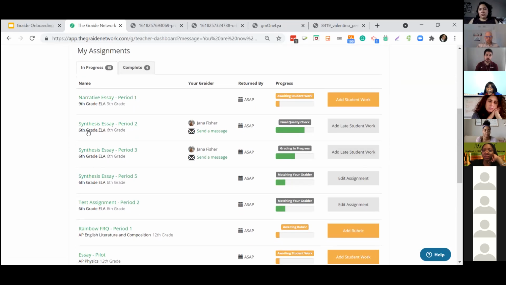So, let's say that you did an essay with us, you'd be able to see that Jana is your grader. If you need to, you can message her. Sometimes things come up, you had 10 kids who didn't turn it in yet, and you want Jana to know that those 10 are coming in another couple of days. That could be something you could message her. The nice thing is with Google Classroom, as long as the kids turn it into Google Classroom, if Jana were still working on the assignment, she'll get them and be able to grade those as well. If she's already sent you the reports back,